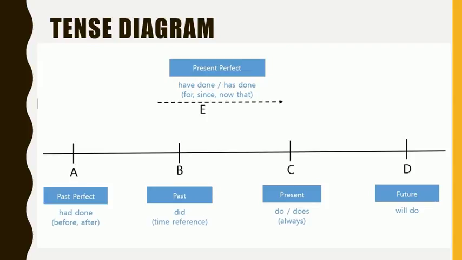So in terms of the tense diagram, we're talking about some event that happened in the past, but if we mention when it happened, then we will use the past tense and we'll say yesterday he jumped over a fence. But if it happened at some point, it could be that same event, but you don't want to say that it happened yesterday or you don't know when it happened, you want to say that, oh, he has jumped over that fence before. Sometime before, I don't know when, but he has done it.